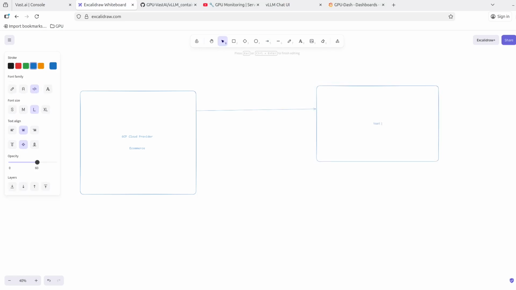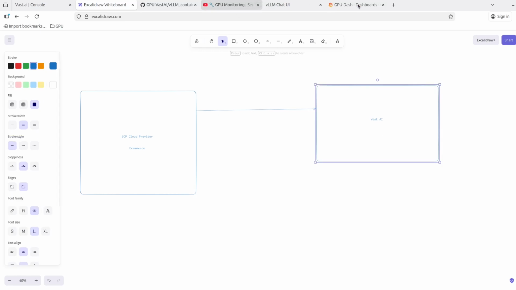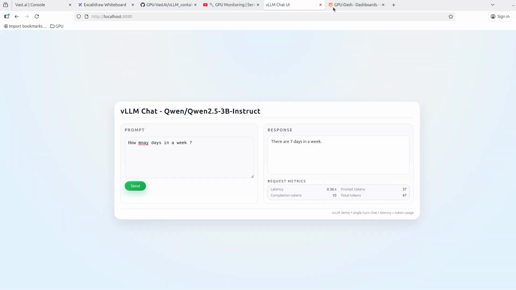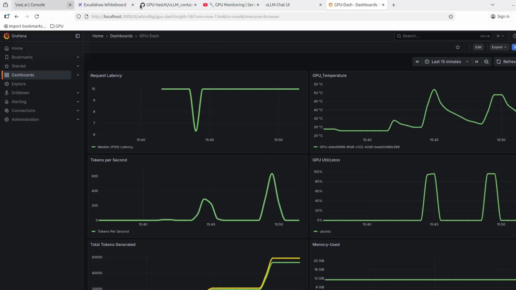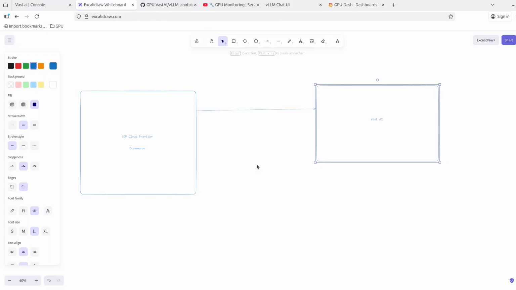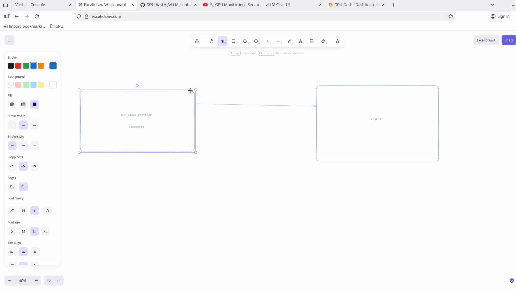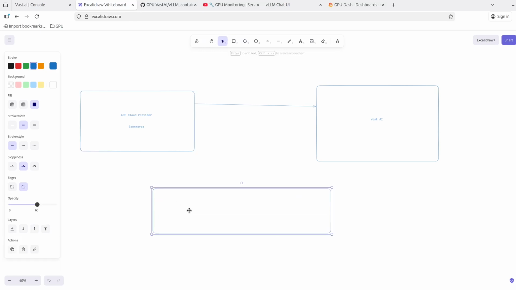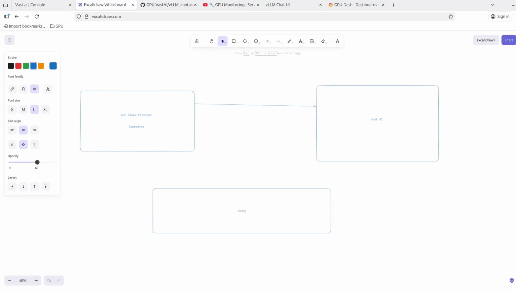So let me go to Vast AI, and here we already have all of these things set up. We have a UI, we have all of our dashboards and so on. My end goal is to run an e-commerce app in my GCP platform in a Kubernetes cluster completely. After that, any request that comes into my e-commerce website,